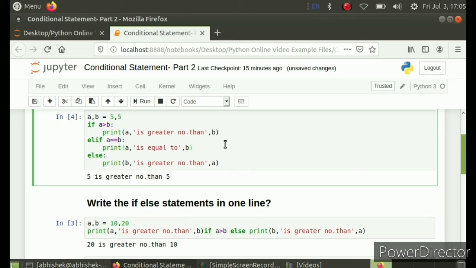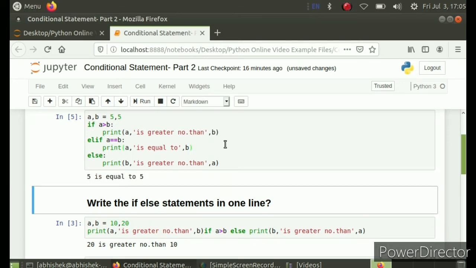It will check if a is greater than b. No, if a is not greater than b, then it will check else if, and there it found 5 is equal to 5, so it didn't go to the else block. So this is the need of the else if condition, or elif statement, in Python, along with if and else.